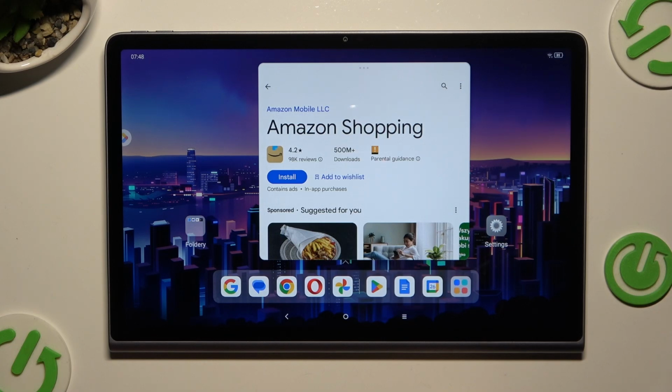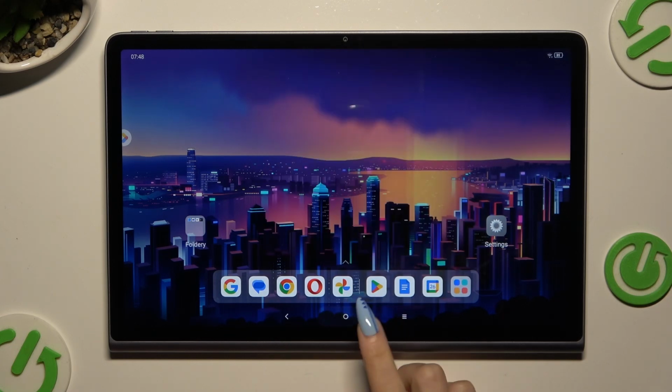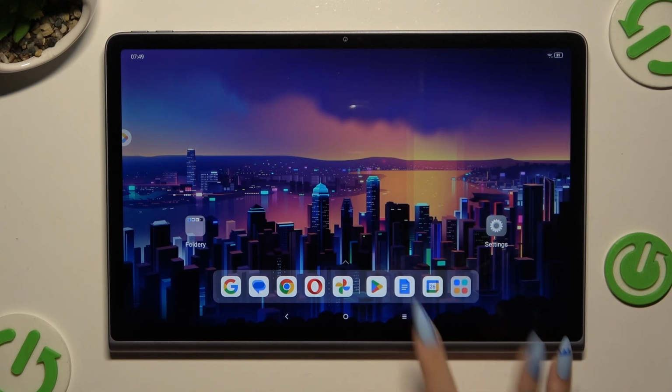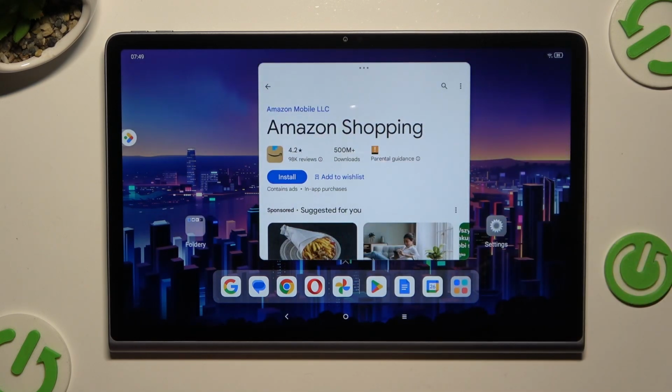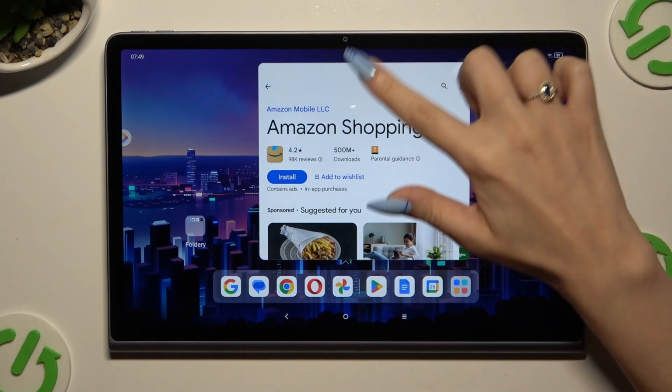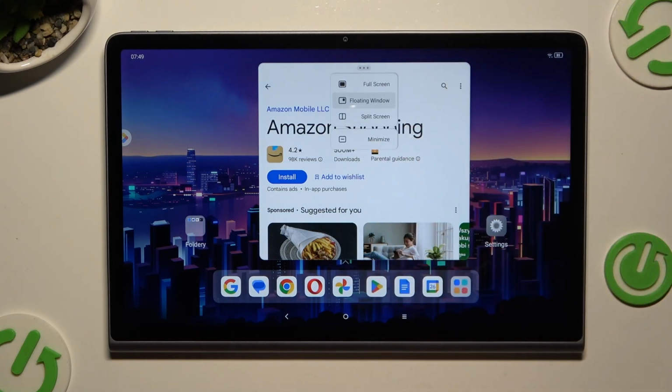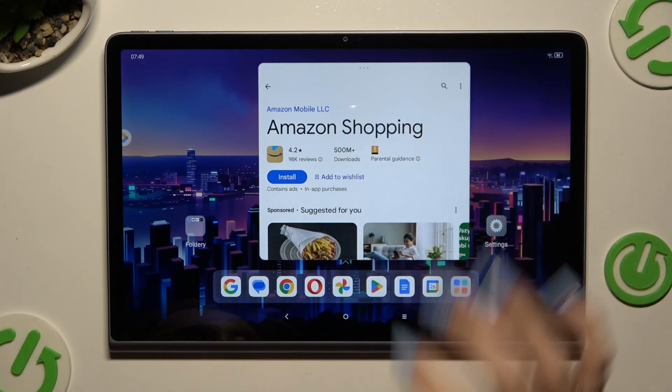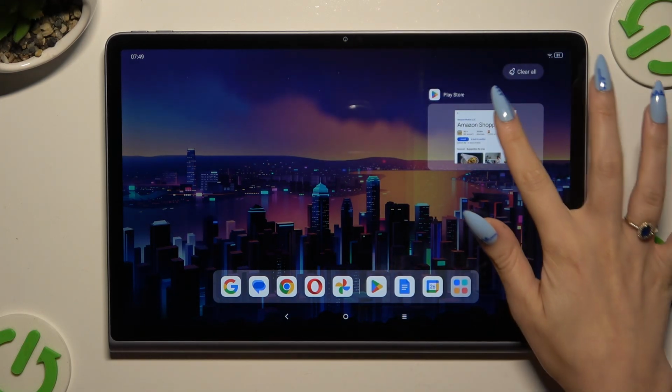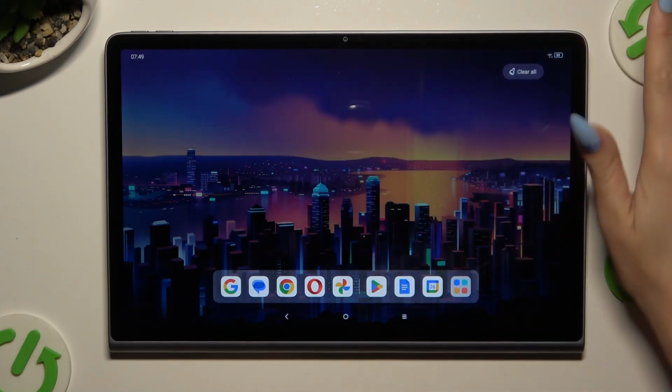If you want to minimize your window, click on Home button, and then to access your app in the same form again, go into Background Apps and click on it. You can also do that by tapping on those three dots at the top right corner and selecting Minimize. To close your window, you can swipe it in the background,